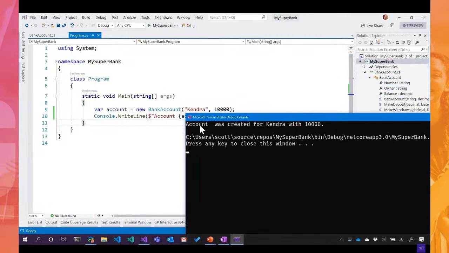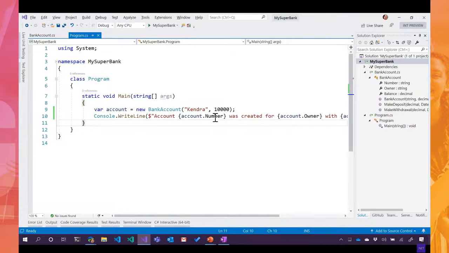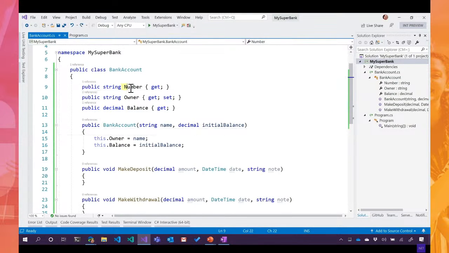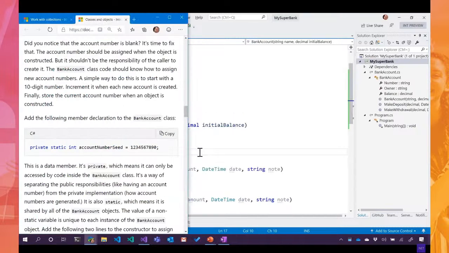Oh no, it just has a blank where account was something. So let's go figure out what's going on there. Account number is a string, and we never really did anything with it. Yeah, we didn't set that string. We didn't initialize or start up that account number, and we're following this tutorial up on the Microsoft Docs,